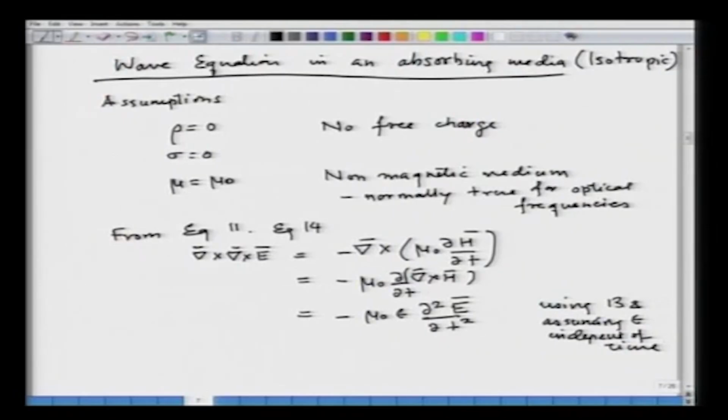Now, we can try to simplify this expression. The double curl can be written as this. Now, using the expression 14, we know that this is 0, and that gives us an equation for a wave, which is basically this equation,